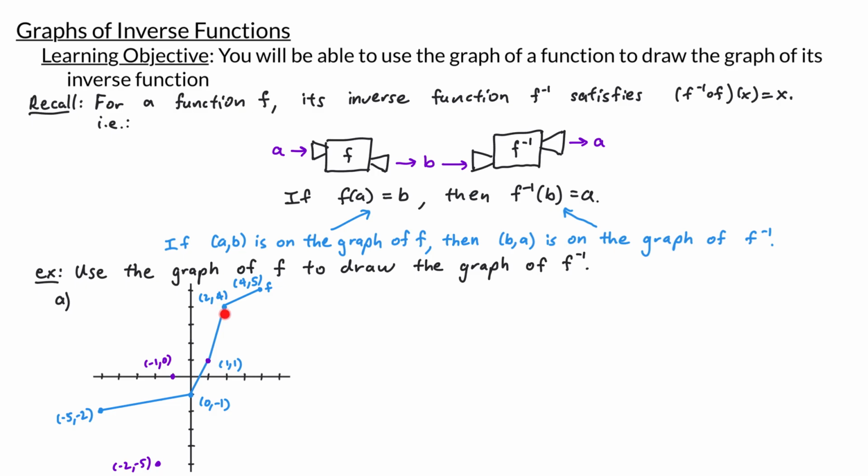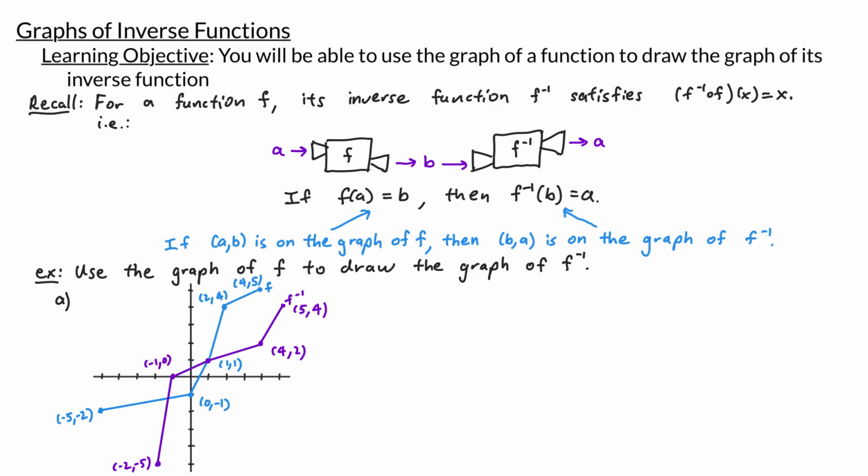So this point is on both the graph of f and f inverse. Next, we have the point (2, 4) on the graph of f. So on the graph of f inverse, we would have the point (4, 2). Lastly, f has the point (4, 5), which means that f inverse, if we flip the x and the y coordinates, would have the point (5, 4). Now all we have to do is connect our points with straight lines,